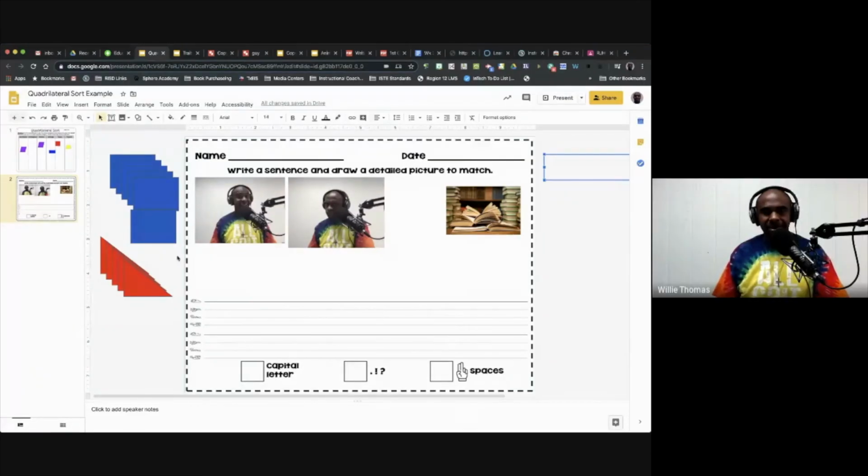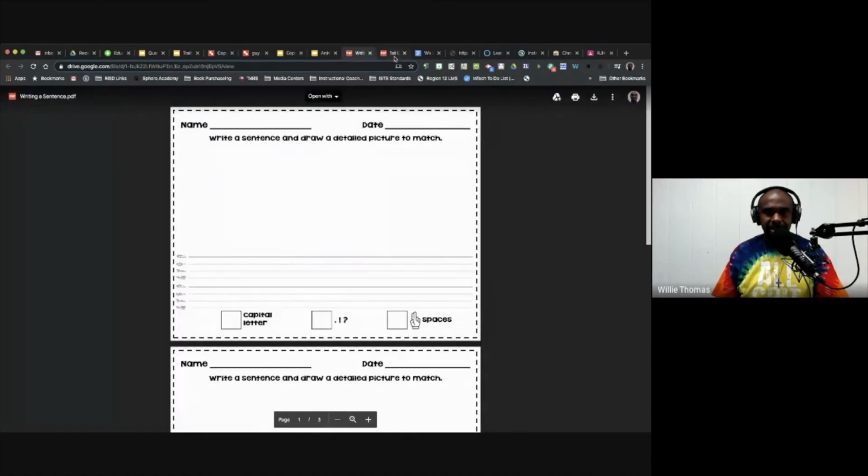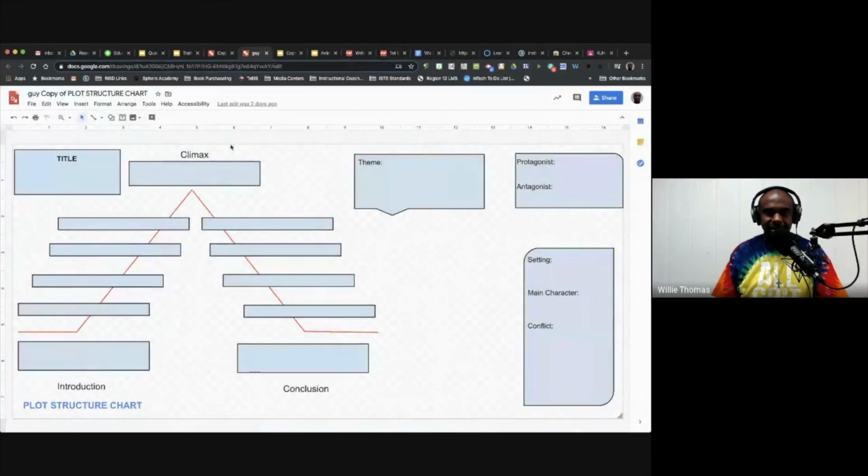All right. So now, say I want to do this from scratch. Oh, well, wait. Before I do that, let me jump into this plot structure chart real quick. So they're reading a book, and I know there are different lines talking about title and the climax. You want them to be thinking about things they're reading. It's a short story, an article, a novel, whatever it is. So this is an example of what it would look like in a Google